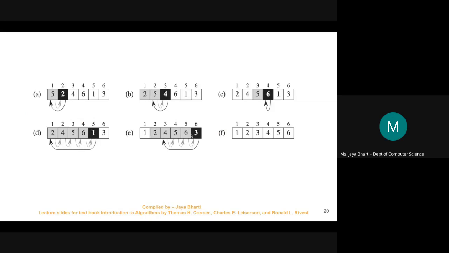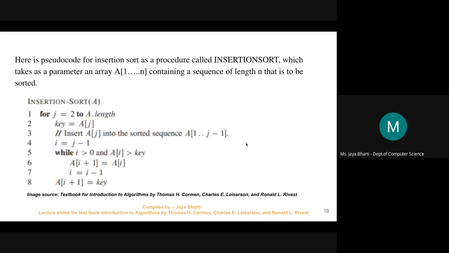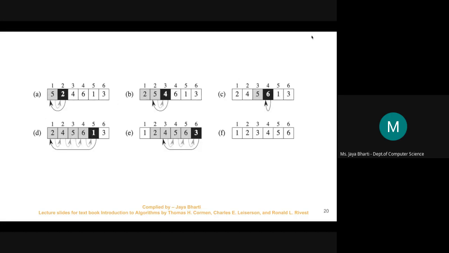When you compare, you will see that 6 is greater than 3. So you will move 3 to there. Then you will compare these two, then you will move 3 to there. You will compare these two. Means you will compare from right to left until you find the correct position for the key value. Then you can see that by using this pseudo code we have sorted this array. So this is the insertion sort, and in this way it sorts the elements of the given array. I hope everything is clear for the insertion sort.